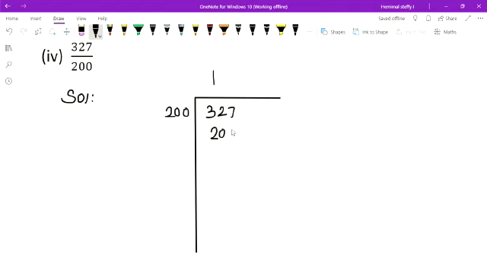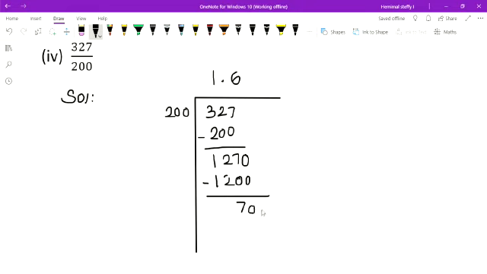So I will put the minus 327. So I have 127. So I cannot divide 127 by 200. I put the decimal here. So with the decimal, I can add 1 0 here. So what is the answer next? How many times? Yes, 6 two hundreds are 1200. So I subtract the both numbers. I get the answer 70.